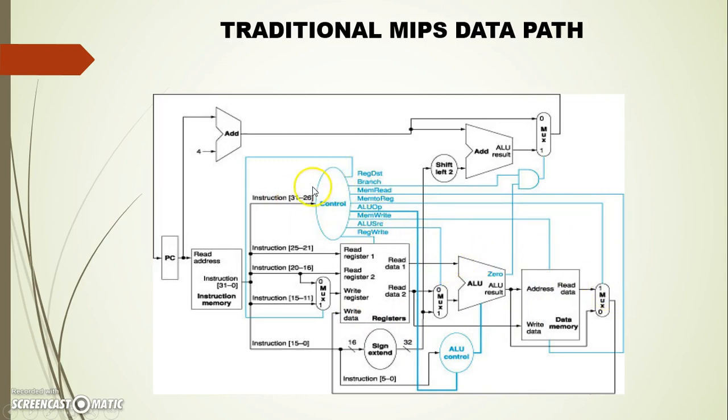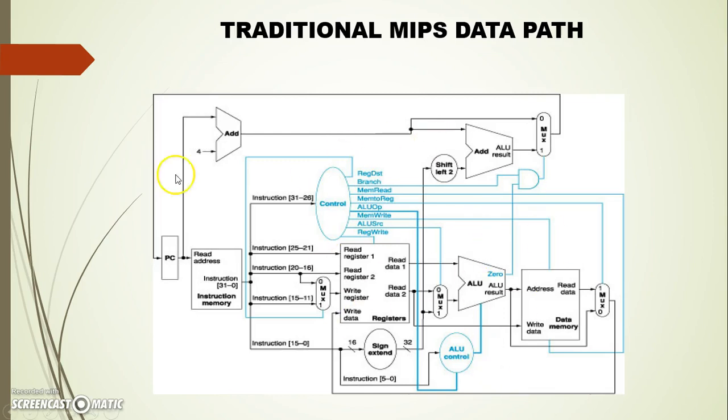Now we can see that when my decode stage was working, my instruction fetch stage was idle, the execution stage was idle, and the memory stage and write back, all these stages were idle. When the instruction came to the execution unit, my instruction decode stage, instruction fetch stage, memory stage, and write back stage were idle. So even though we have invested in our hardware, we are not able to use it efficiently. Hence, to exploit the working of the data path, we move on to another technique called pipelining.